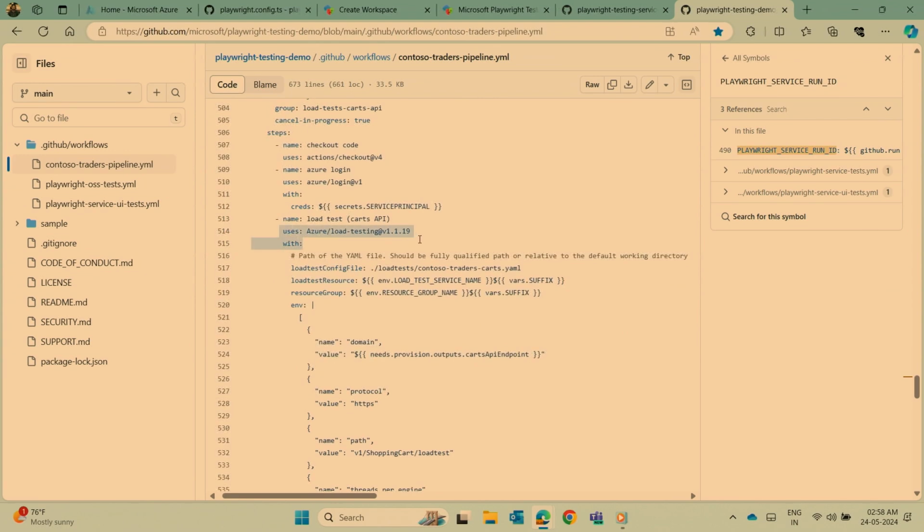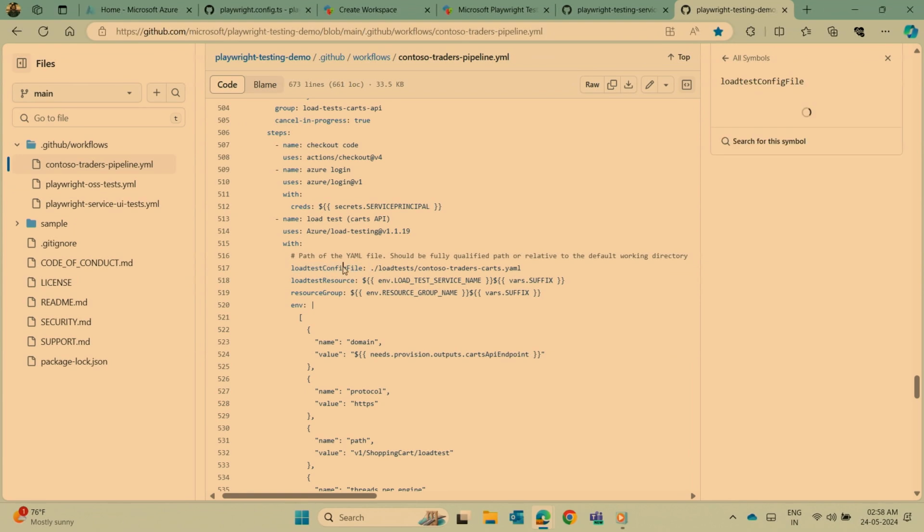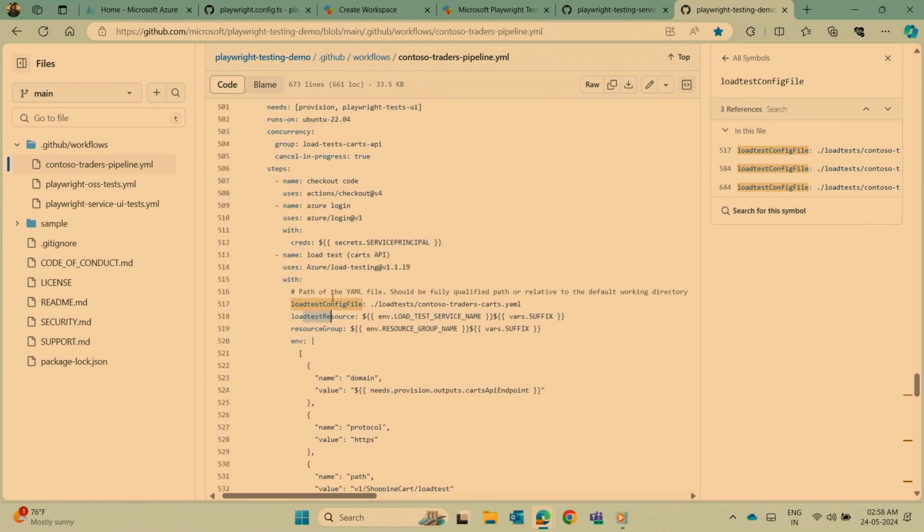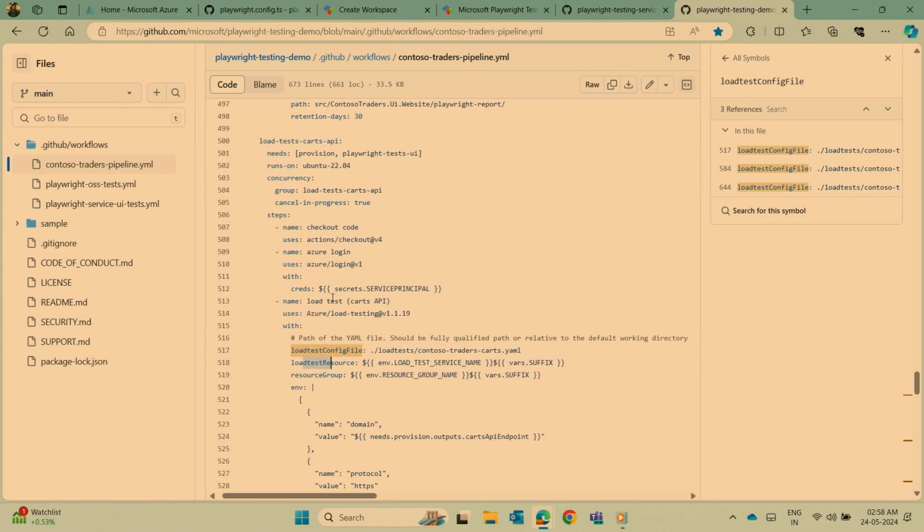Load test has a GitHub Action workflow that you can use. It takes the config file as a parameter. This contains the configuration that Nag just demoed while setting up the load test. And you need to specify the name of the resource and the resource group. And that is all. The integration of these two services with CI workflows is really simple, and you can use them in your continuous pipelines to make sure that you always deliver the best possible quality of your application.